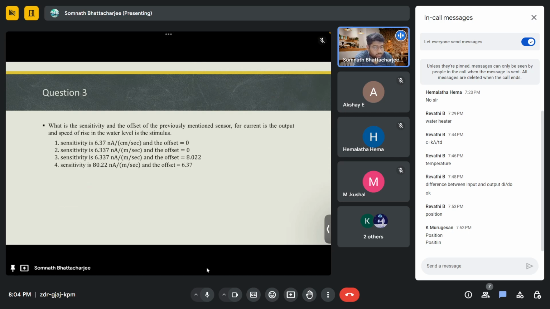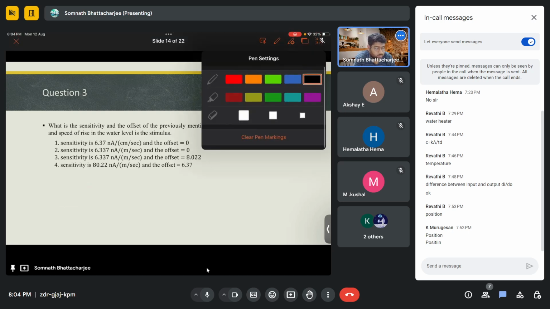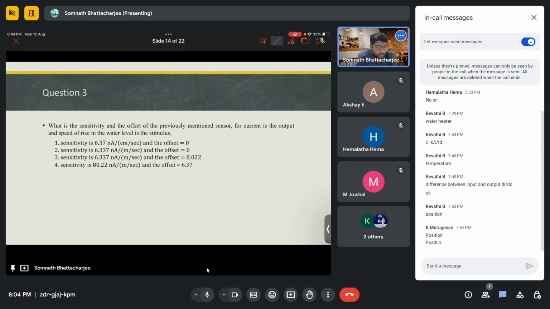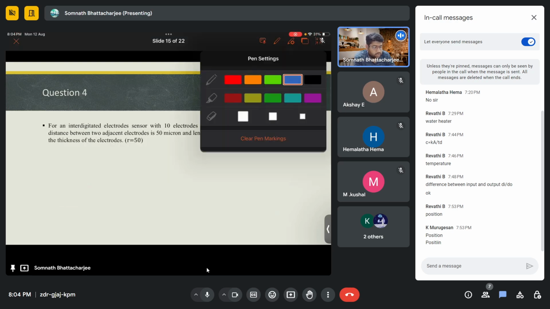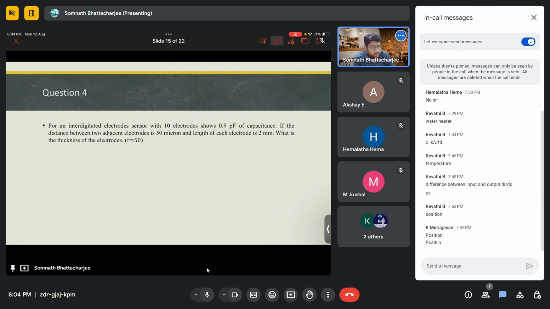Yeah. So this is the next question. Try to answer this. What will be the sensitivity of the previous sensor if, let's say, just wait a second, maybe we'll move on to this one afterwards. We'll come back because that will be a very similar question. Let's say we have an IDE pattern. What is an IDE pattern? An IDE pattern is a pattern like this,